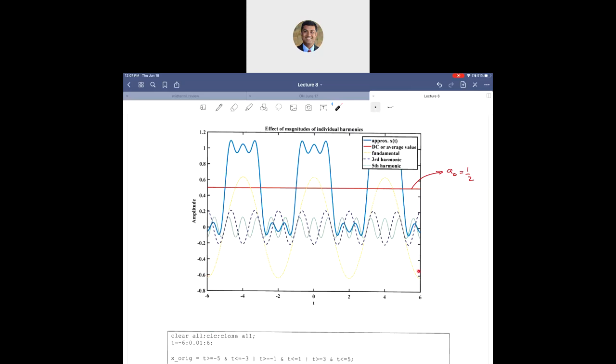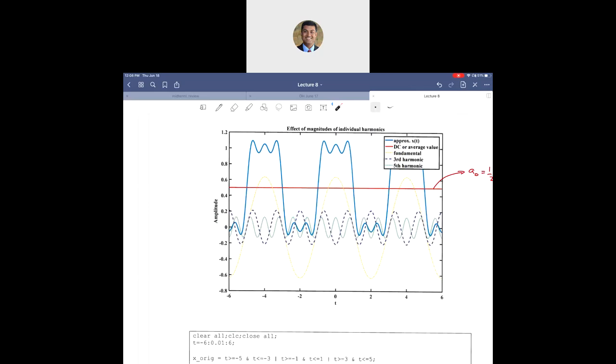Slow frequency, but a higher amplitude. That is, the amplitude is essentially your A1 and A minus 1. Then you have the third harmonic, the blue dashed line. And then you have the fifth harmonic, because we already said the even harmonics are 0. So when you add up all those pieces, DC, fundamental, third harmonic, fifth harmonic, you get this red